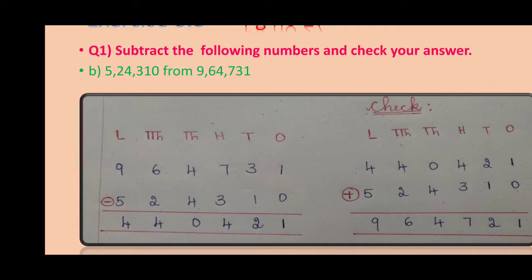7 minus 3 is equal to... if you don't know how to do it, keep 3 in your mind. After 3, count 4, 5, 6, 7. How many fingers are you getting? 4 fingers. 4 would be your answer. Am I clear, children? See in the hundreds place, keep 3 in your mind and count up to 7. Up to the minuend you have to count, and the number of fingers you get is your answer. So 4 fingers, 4 would be your answer.